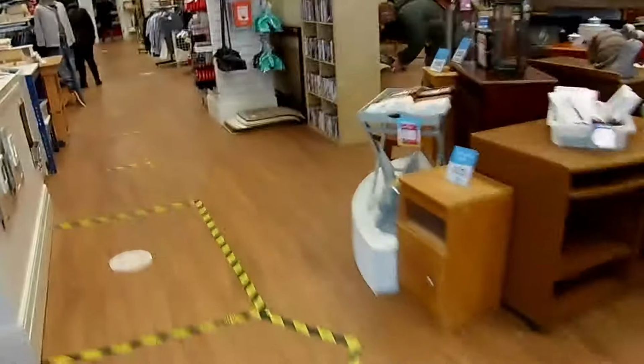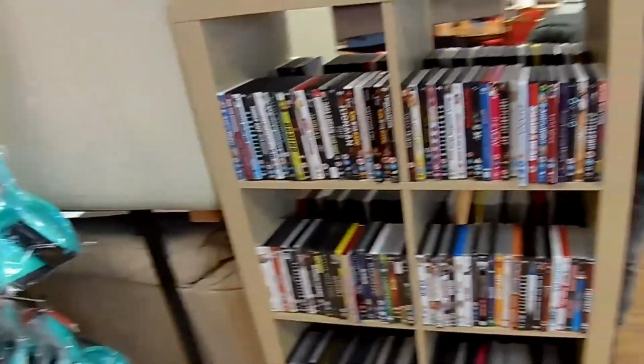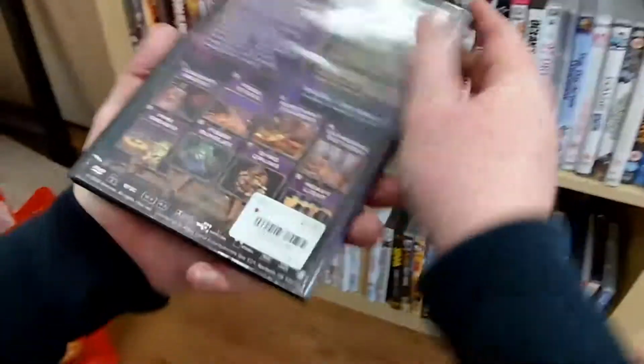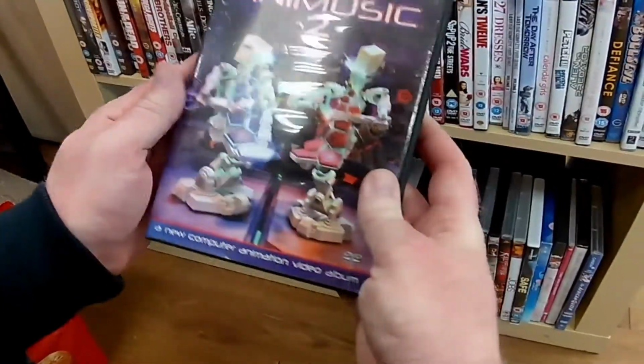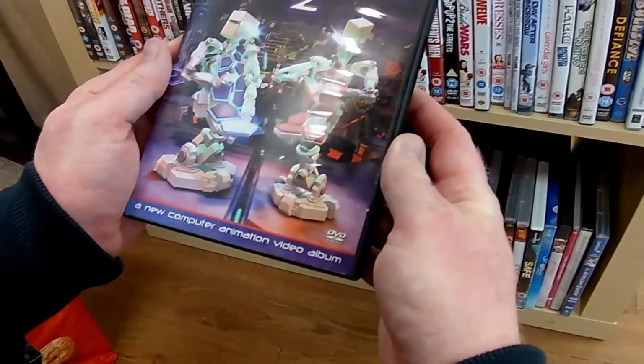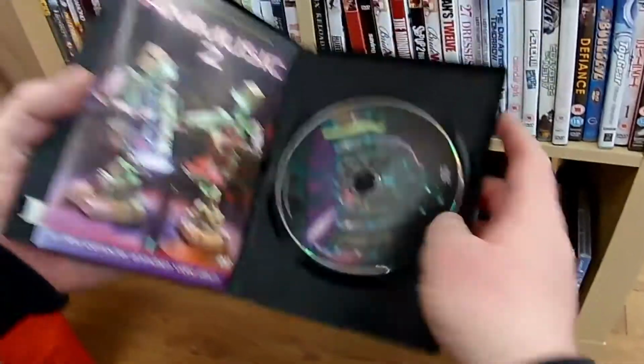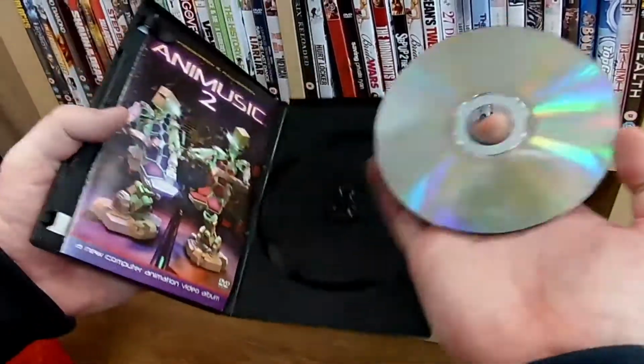Then next up, we are in the final charity shop for today, and immediately I go to this bookcase, because they've got a load of DVDs in here, and I think this is the first week that they've had this in. So everything in here is, I think, 5 for £1. So I see this one, Anna Music 2,